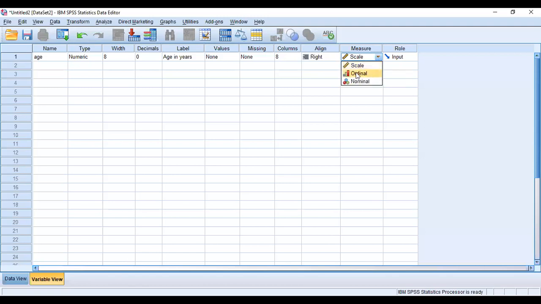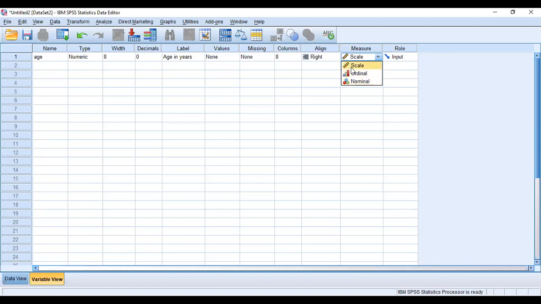So it can have ordinal or rank order scale. What is a rank order scale? It is like the army ranking. There is a rank, but the distance between two ranks may not be similar. Scale is when the distance between two units in the scale is similar. For example, your age. The difference between a 3 and 4 year old will be the same as the difference between a 4 and 5 year old. But I do not know the levels of the ranks of the army officers, but the difference between two different ranks might not be the same. And nominal is simply categorical. For example, male and female, there is no scale to it. There is no rank to it.